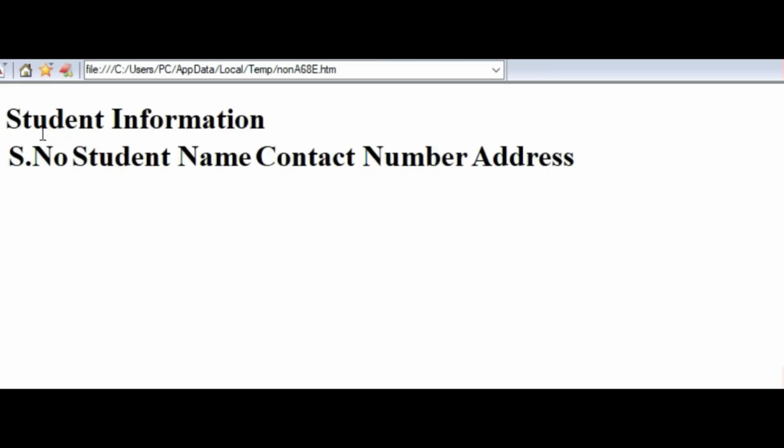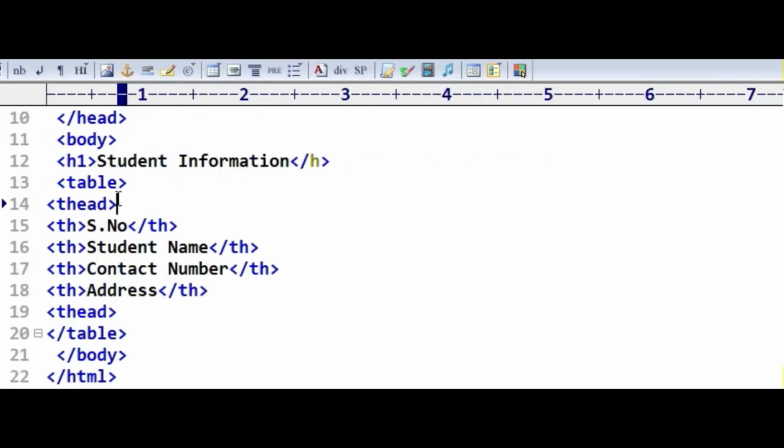Okay, this is the student information: serial number, student name, contact number, address. Now just take and run. Where is the border? There is nothing, there is no border. So now we can add the border by using table border equals to, you can use either 1 or 2.